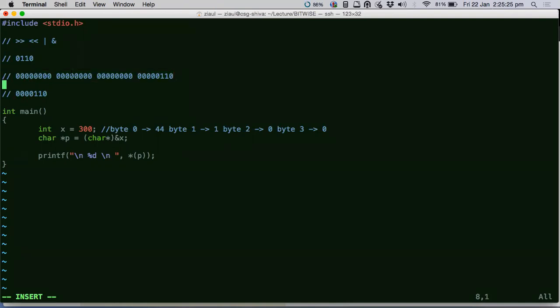But don't think that this is the highest order byte. The starting address of the integer would hold this byte, that is the lowest order byte. The next address would hold this one, followed by this one, and finally this one.